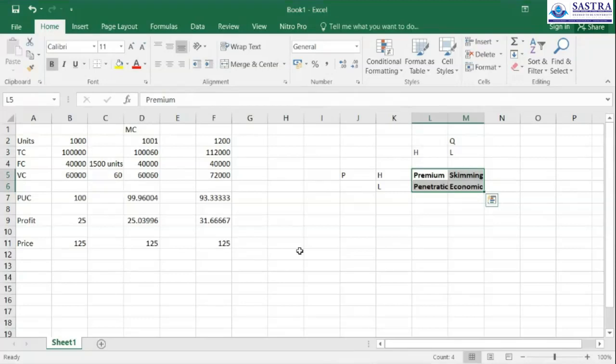So for penetration pricing, you can take the best example of Jio. Once they entered the market, they used the concept of penetration pricing. Now they have moved from penetration pricing to premium pricing. Still, in the competition, they are going for a market-based pricing strategy from the penetration pricing strategy. So that is penetration pricing.